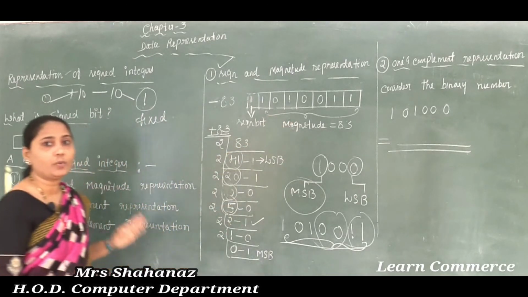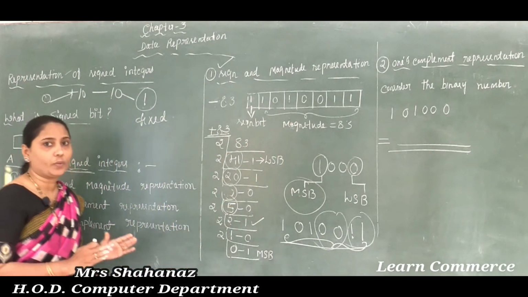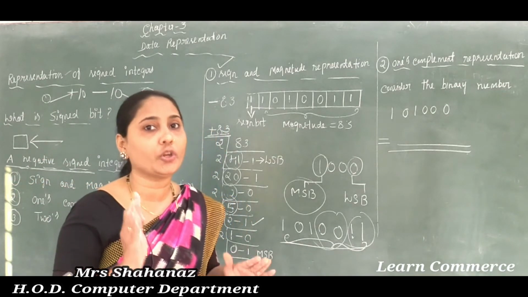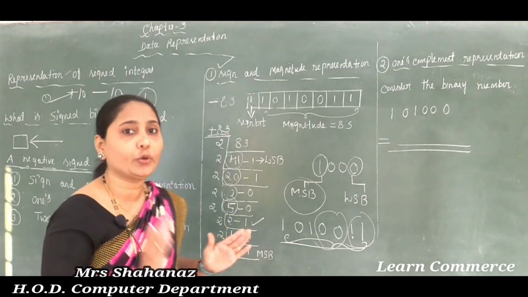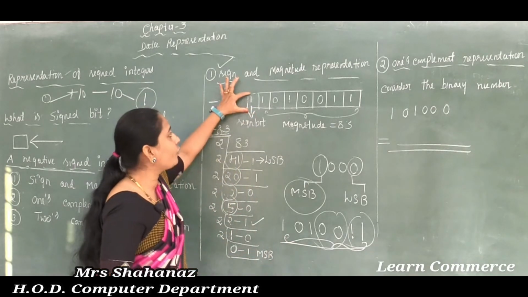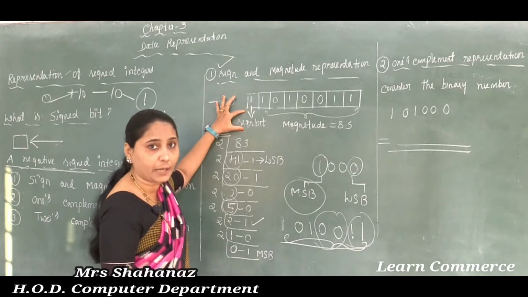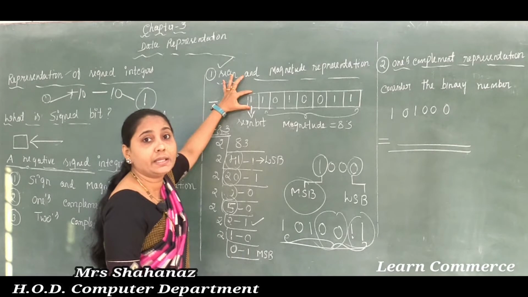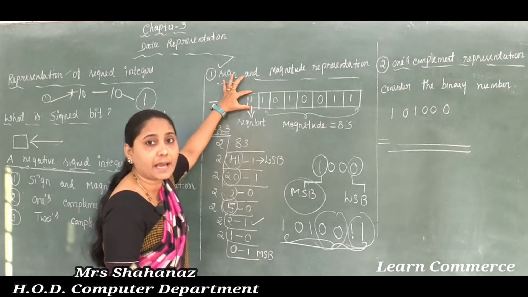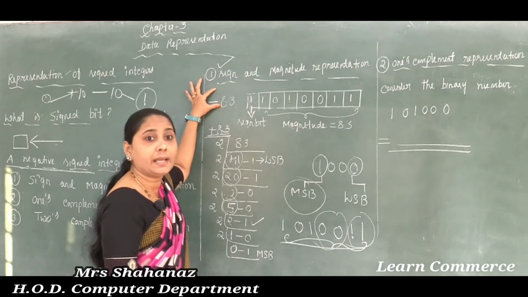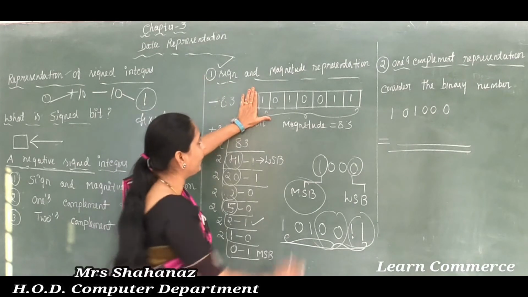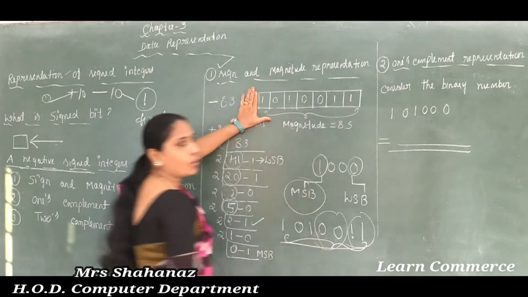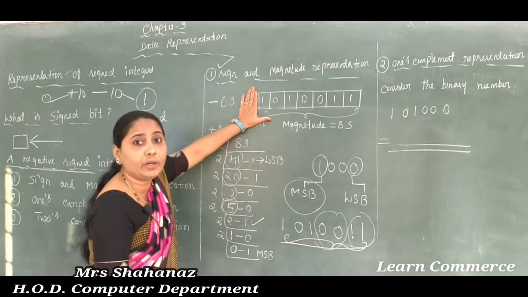So clear this point here. What about this case? It depends on your number, whether it is a positive number or a negative number. It depends on which type of sign bit you need to use. So in this example, first of all, I have to use the sign bit at the MSB level, in the leftmost bit. In the leftmost bit we need to use the sign bit, depending on the positive or negative number. So this is the sign bit, but what about the other bits, 10100011? They are always called the magnitude representation.